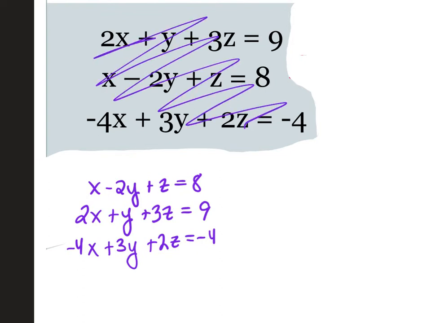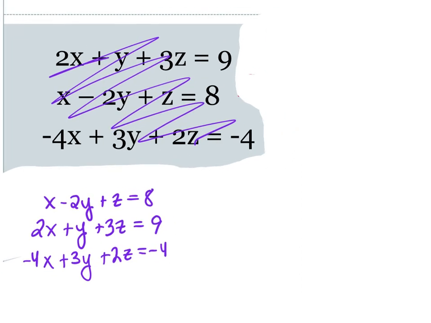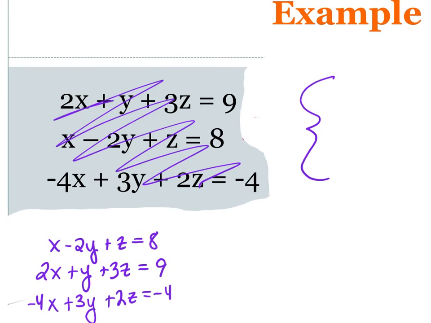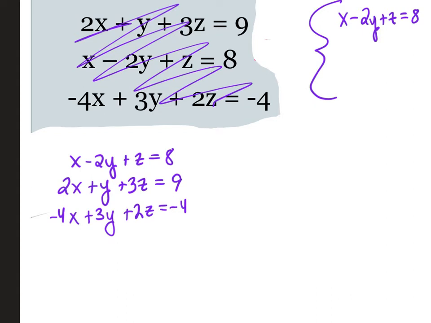So the first thing we're going to do is we're trying to get 3 equations. One that has 3 variables, one that has 2, one that has 1. Then we're going to solve. So over here, I'm going to keep myself organized. I already have my first equation, x minus 2y plus z equals 8. So now I got to find that second equation. So I take the first 2,